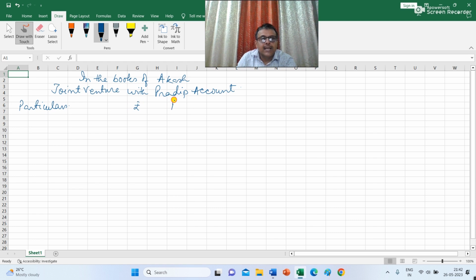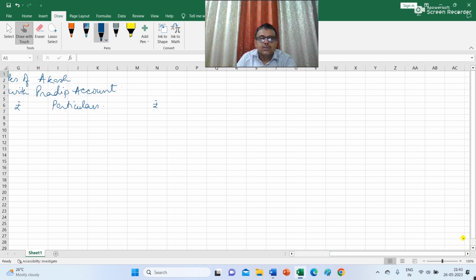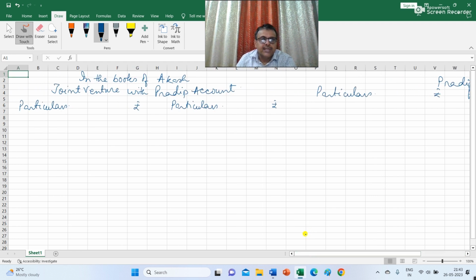Then on the credit side, I have to write particulars and rupees. And I have to prepare the ledger of Pradeep, so here I am writing Pradeep account. Similarly, I have to write here on the debit side particulars, rupees, and on the credit side, particulars and rupees. So the first transaction is the cost of the materials including carriage of rupees 42,500, which was paid